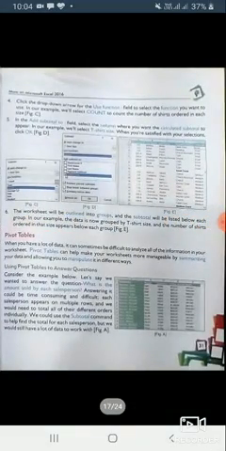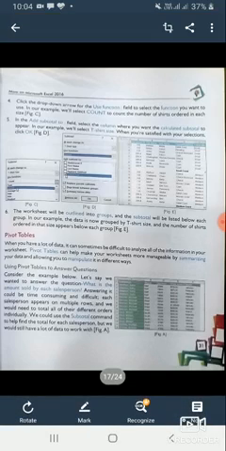now pivot tables. When you have a lot of data, it can sometimes be difficult to analyze all of your information in your worksheet. Pivot tables can help make your worksheet more manageable by summarizing your data and allowing you to manipulate it in different ways. Using pivot tables to answer questions. So a pivot table is very useful to analyze when there are a lot of tables and a lot of information stored in it. Like in our school there are a number of classes from kindergarten to class 12, so there is a lot of information stored in our computer.